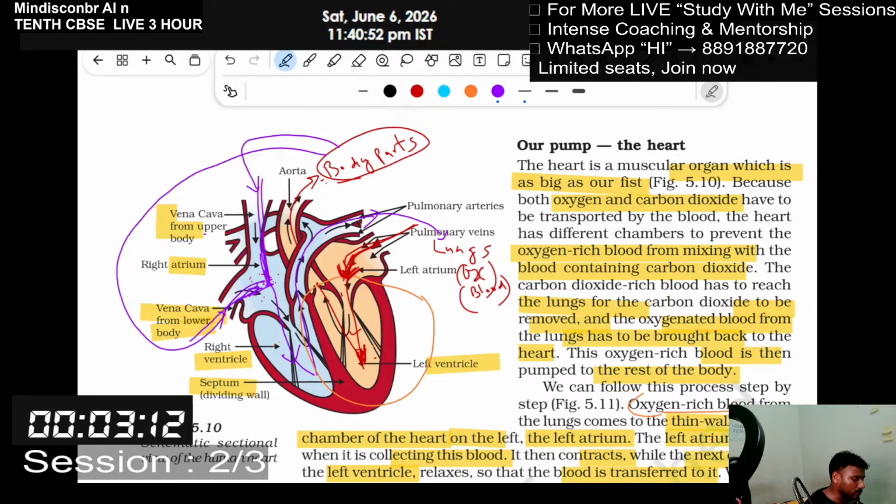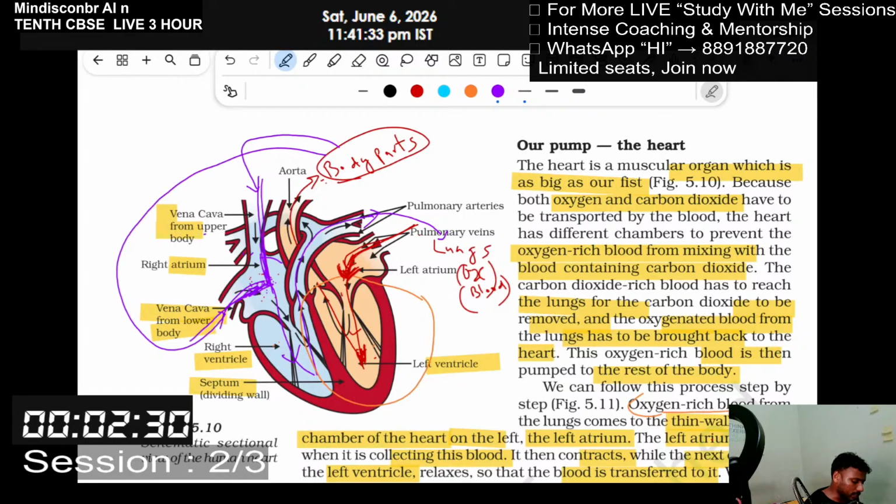The right atrium receives blood only when the right atrium is relaxed and the right ventricle is in the contracted stage. It always occurs simultaneously. That is, relaxing and contraction happen together. Here there will be, for example, 1 liter of blood, and at the same time here will be 1 liter of blood. I'm saying for an example. So at the time here it relaxes,